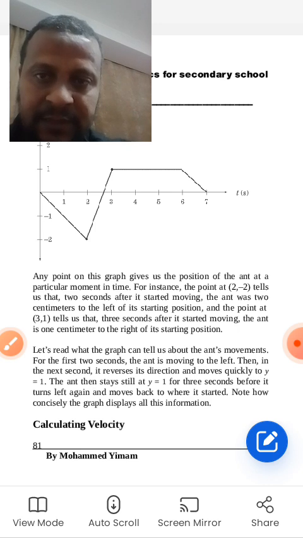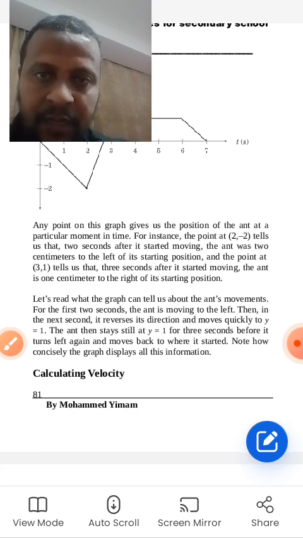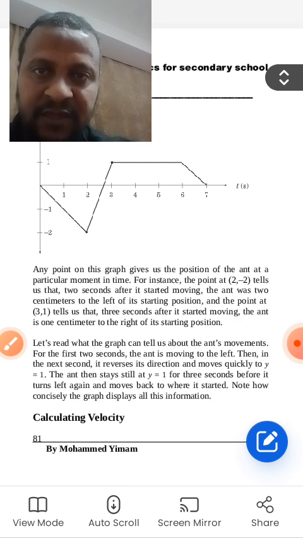The ant, and the point at 3, 1 tells that 3 seconds after it started moving, the ant is 1 centimeter to the right of its starting point, 1 centimeter above